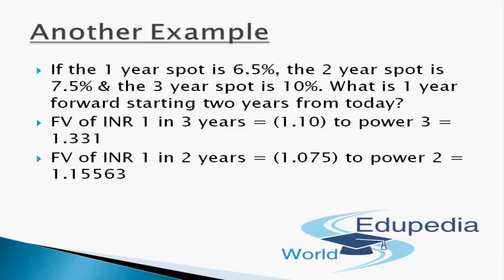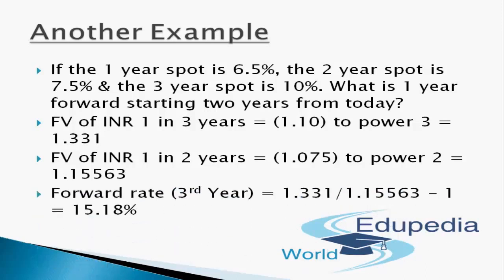We'll just take 1.075 to the power 2, because here it is not required, unlike the last example. We'll get the future value of INR 1 in 2 years as 1.15563, and we'll be able to find the 1 year forward starting 2 years from today, and that would be 1.331 divided by 1.15563, subtracting 1, that is equivalent to